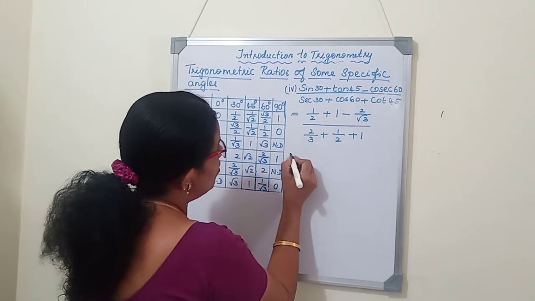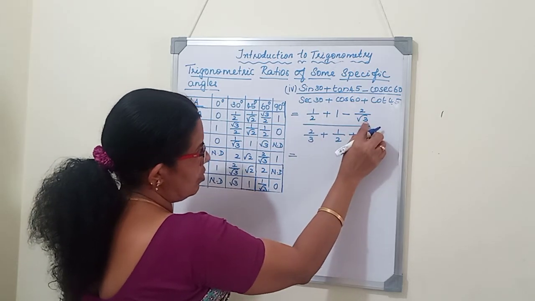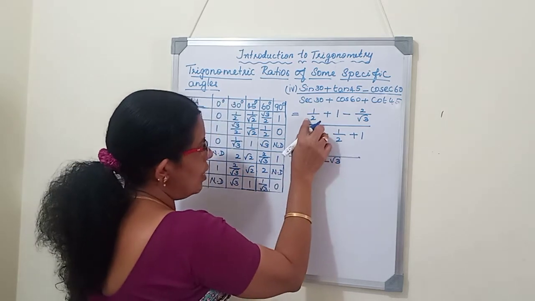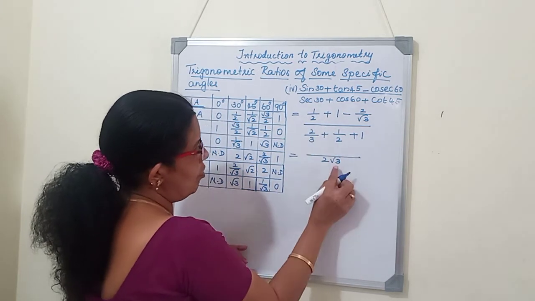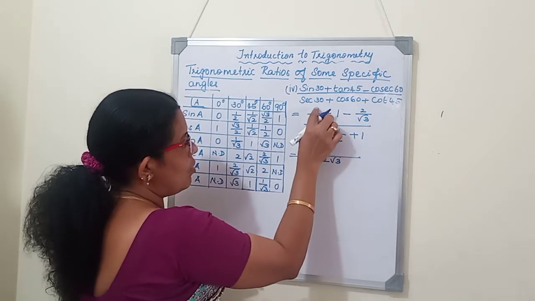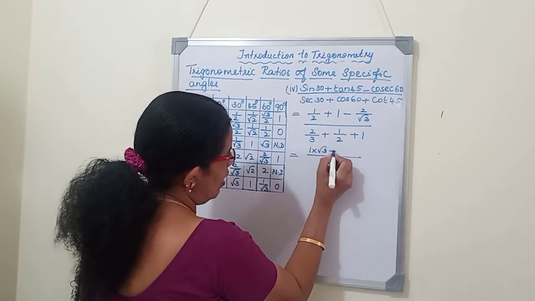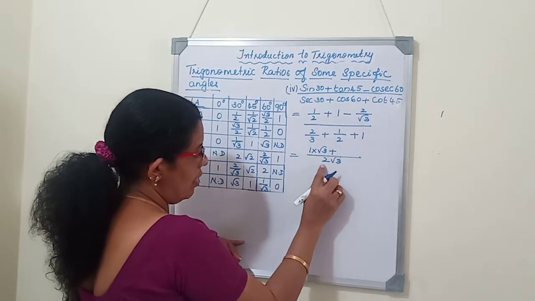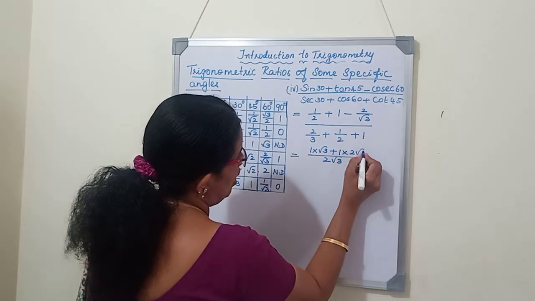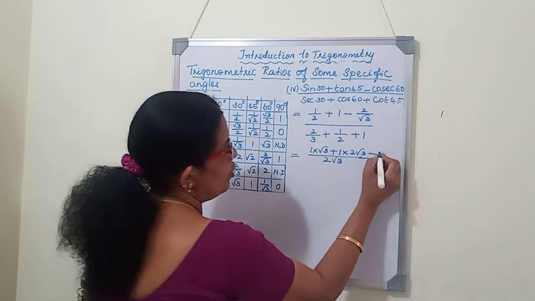Yes. Now we will take the LCM. Here 2 is the denominator and here root 3. So 2 into root 3, 2 root 3 is the LCM. As 2 is here, 2 root 3 by 2 we will get root 3. That is the extra term here, root 3. Root 3 into 1, the numerator you have to multiply. So 1 into root 3 plus, here as there is no denominator, we multiply the full 2 root 3 to 1. So 1 into 2 root 3 minus, here root 3 is there, the extra term is 2, so 2 into 2.